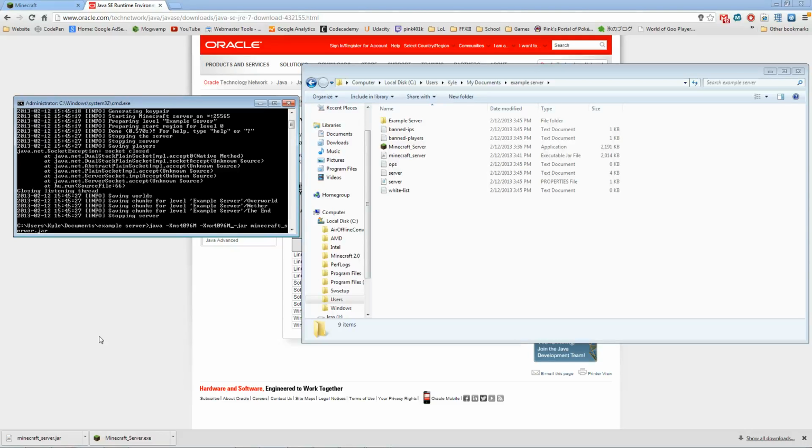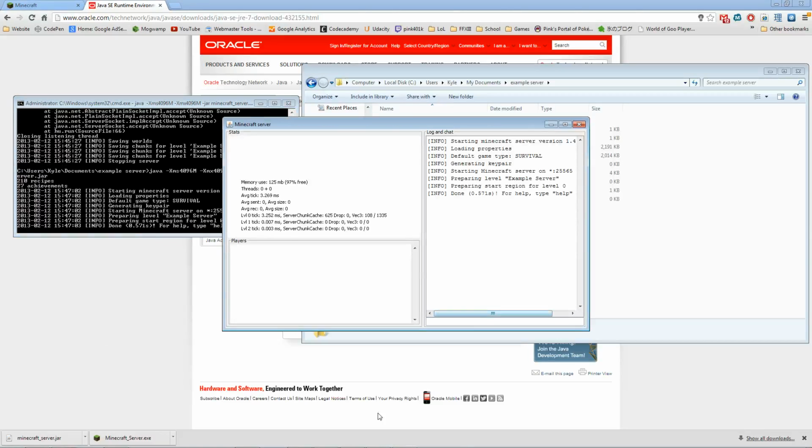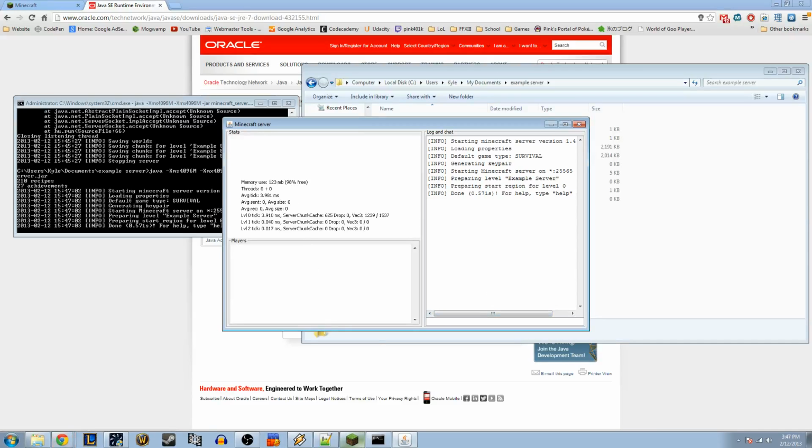So now when we launch, we're going to be launching it with 4 gigabytes of memory. So we hit enter and boom. Now we're running a whole lot of memory. And if you see here, we have 123 megabytes in use, but it's only using 2%, 3% of the total memory allotted. So that's allowing a lot more people to join the server and also hopefully not lag